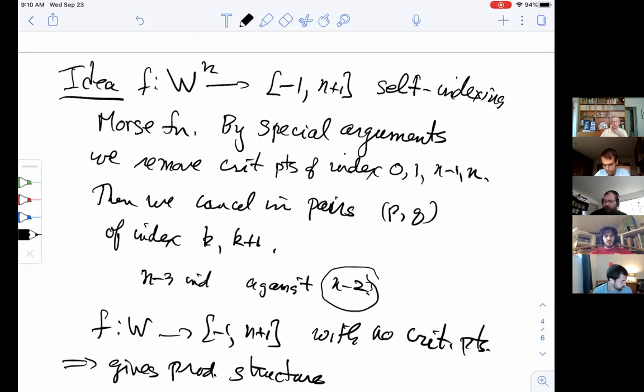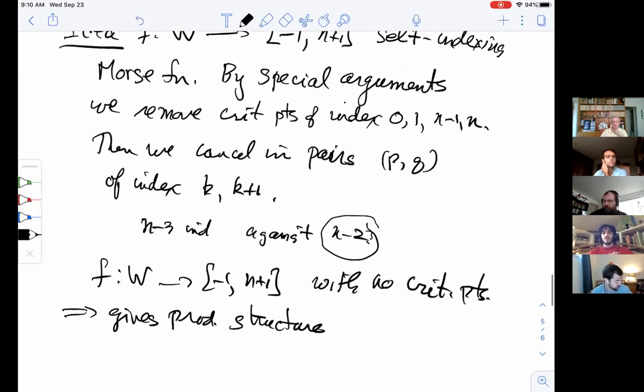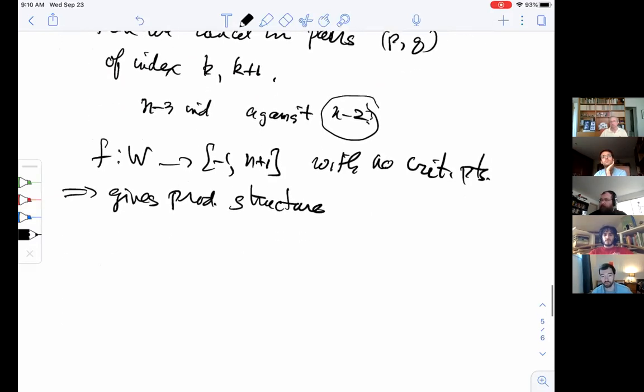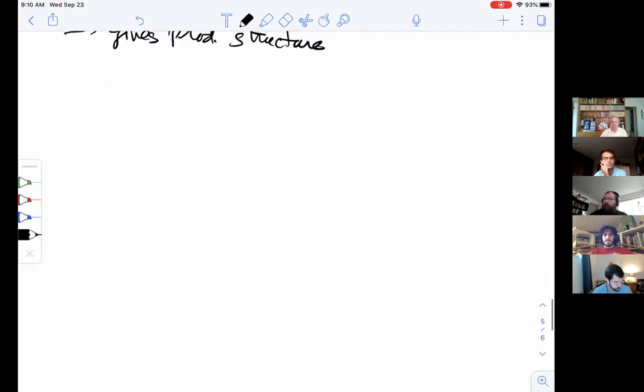We're going to cancel all the critical points. Mostly we cancel them in pairs, 2 critical points in neighboring indices. We have to do something a little special to get started: critical points of index 1 and n minus 1. So let me state the 2 main cancellation theorems that we will use. Okay, so the first cancellation theorem